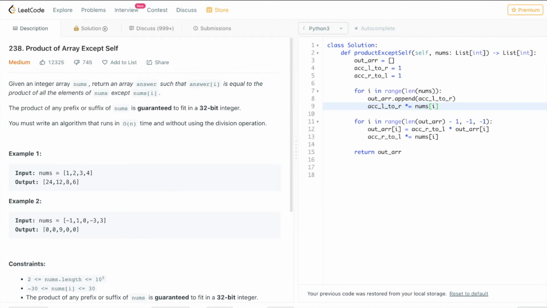Alright guys, welcome back. So essentially for this video solution, I'm going to start by just having the code out and then explaining it. Okay, so first we start with an output array, and then we need an accumulator from